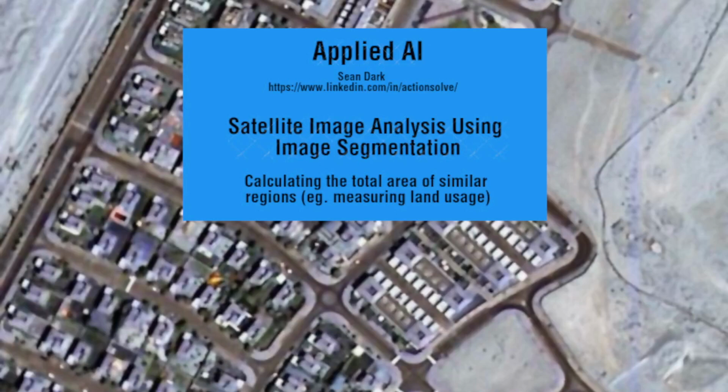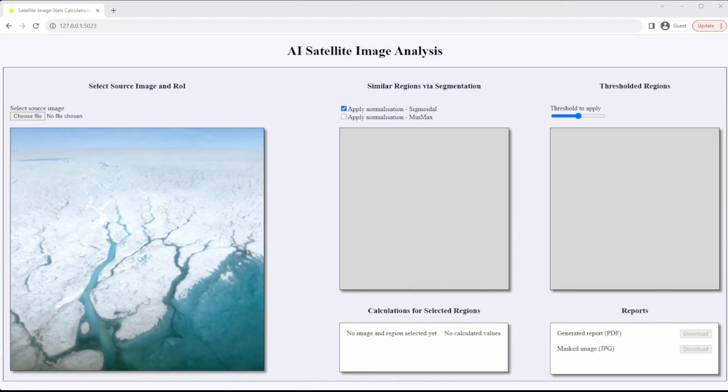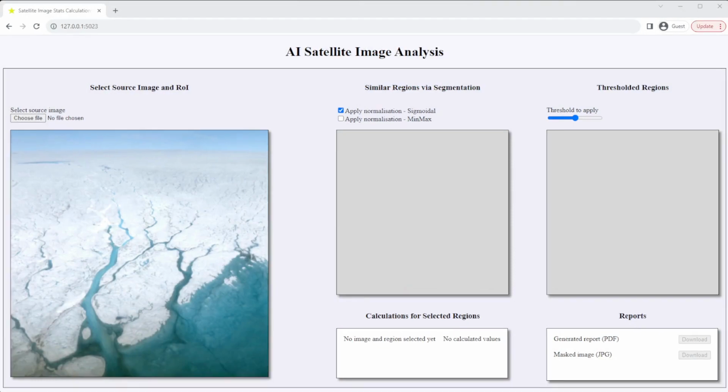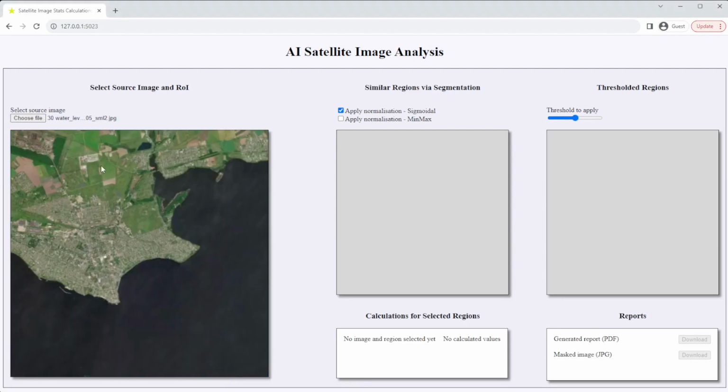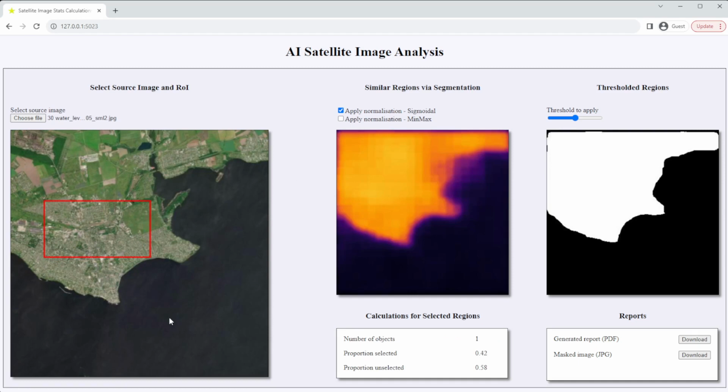This is just a small demonstration of applying AI tools to the analysis of satellite imagery. In this case, we'd like to be able to load a satellite image to analyze. We'll go for Kakhovka Reservoir in Ukraine, excuse the pronunciation. We'd like to be able to select a region of interest and have the model find similar regions throughout the